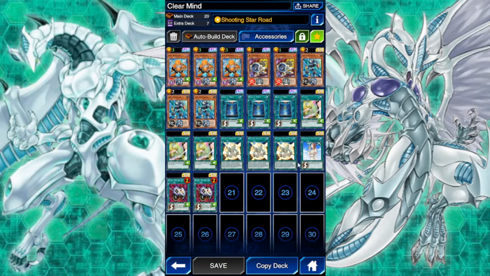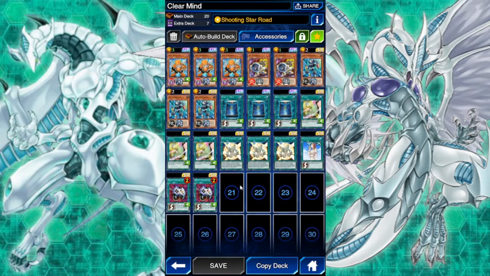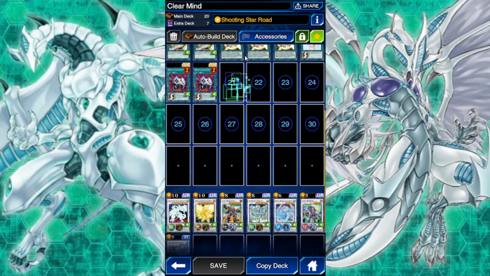But yeah, let's see. Do I not talk about anything? Yeah, I talked about everything. Actually, there is one more thing. If you summon something with Necroid Synchro, of course, its effects will be negated while it's face up on the field. But let's say you summon